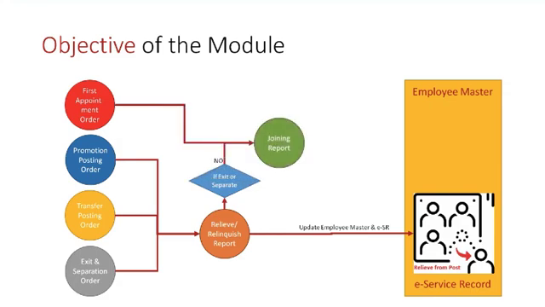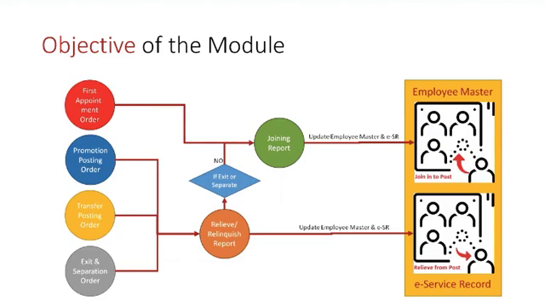Now, when the person is released from one place and is going to report at the next place, again, an office order is issued. Similarly, in case of first appointment, an office order is to be issued, and after that office order, he gives a joining report. He joins at a place. So that gives me a joining date. When that date is entered into the system, again our employee master in ESR gets updated. So on the left-hand side, we have all the events, and then in the middle, we have the trigger, which ensures that data is updated, as mentioned on the right-hand side.